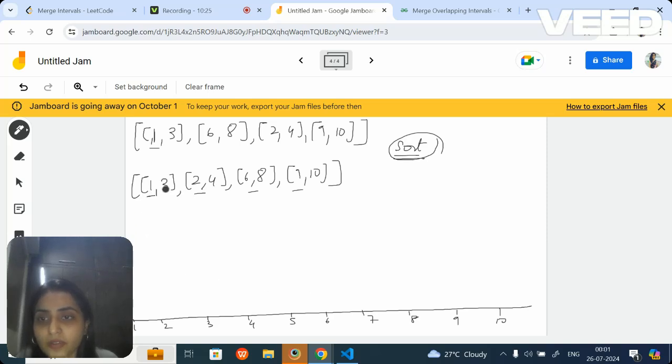Now let me take the first interval, that is 1 and 3. All good? Nothing wrong. Then let me take the second interval, 2 comma 4. First I will plot it. Then let me take the 6 comma 8. Now did you see that everything is one by one? It's not like first 1 comma 3 and then 9 comma 10.